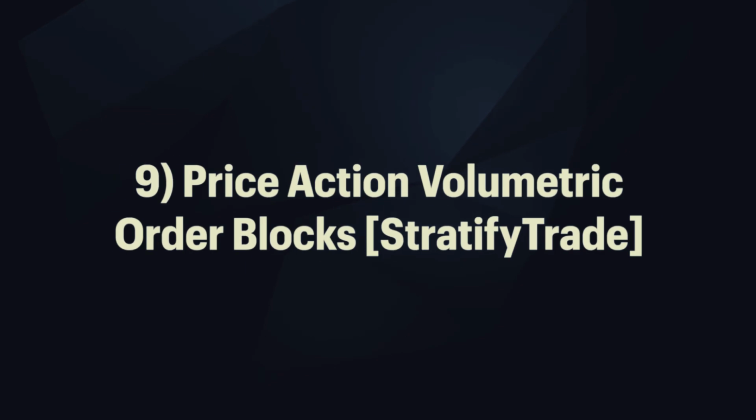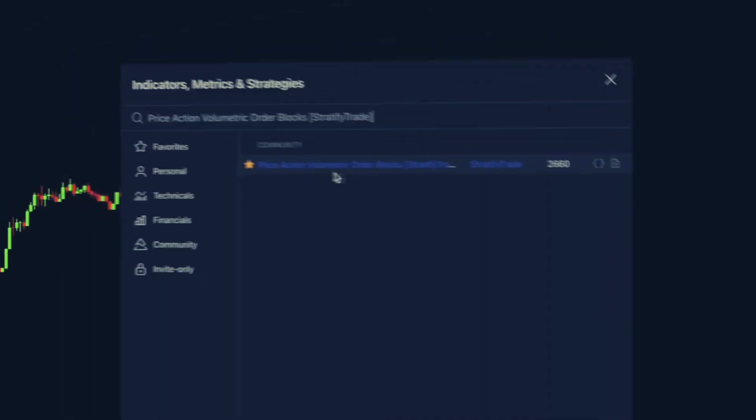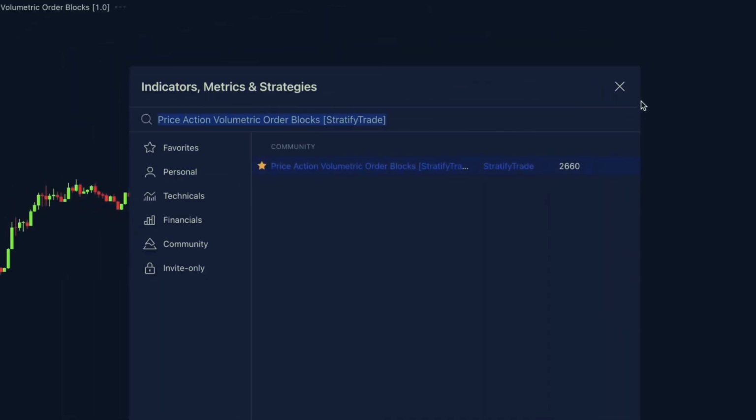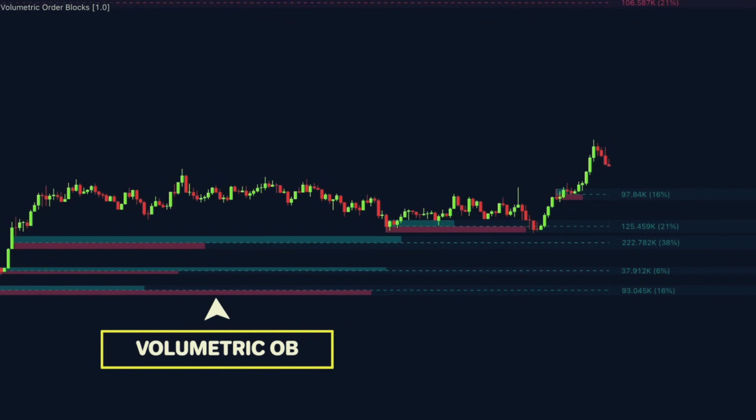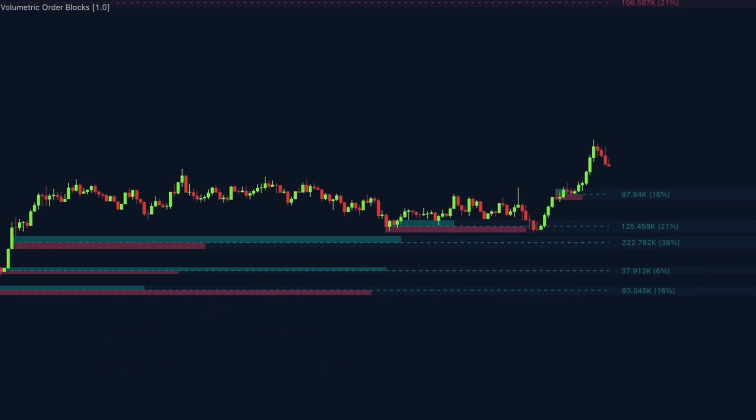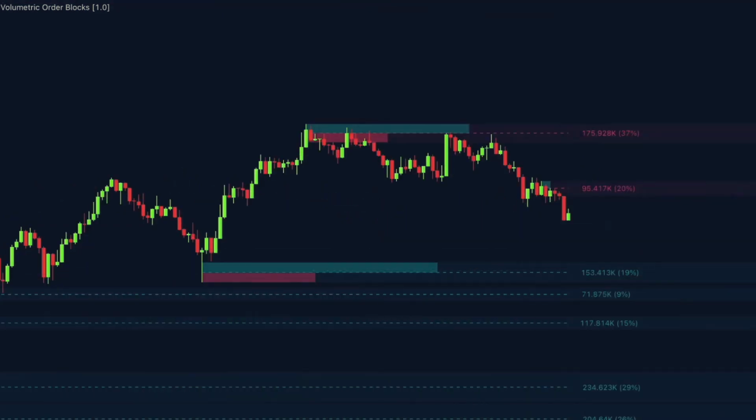This script is called the Price Action Volumetric Order Blocks by Stratified Trade. The Price Action Volumetric Order Blocks indicator is designed to present a different approach to normal order blocks, providing volume inside metrics used to spot stronger and weaker order blocks, their own volume, and much more, adding a good extra chunk of confluence. The following example shows how a bearish order block can have more bullish volume or more bearish